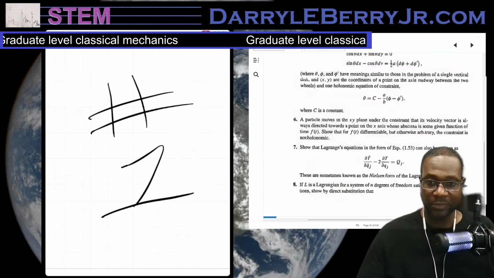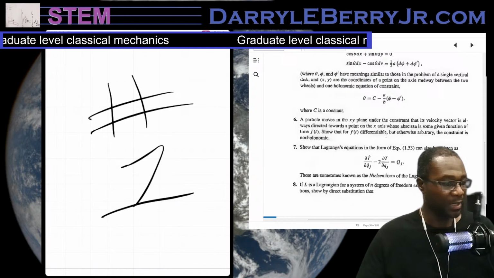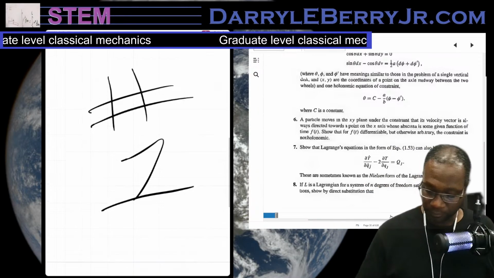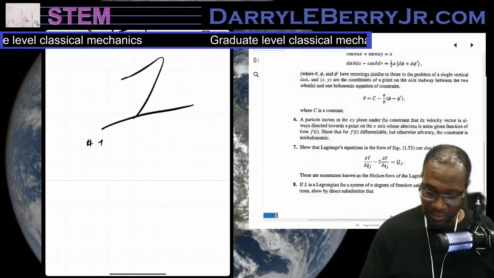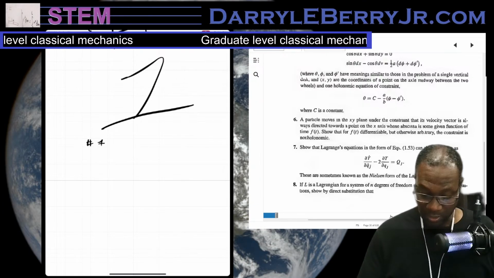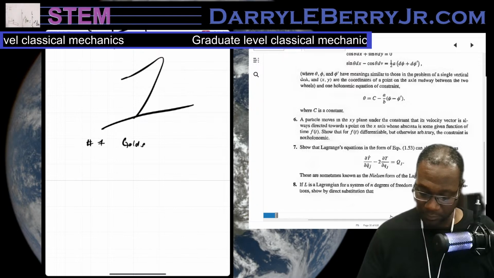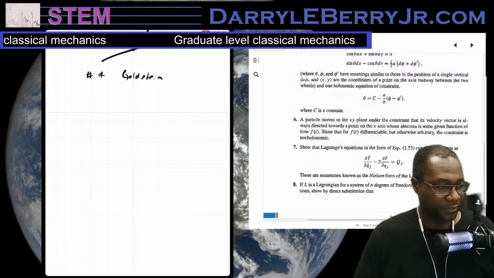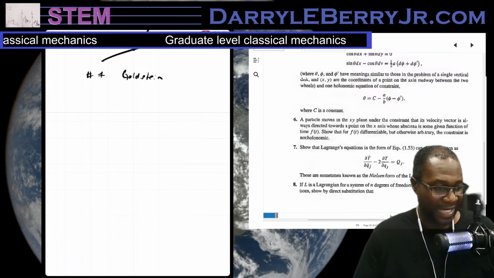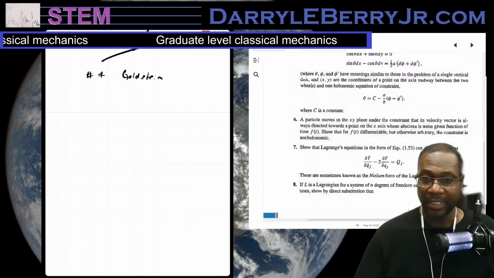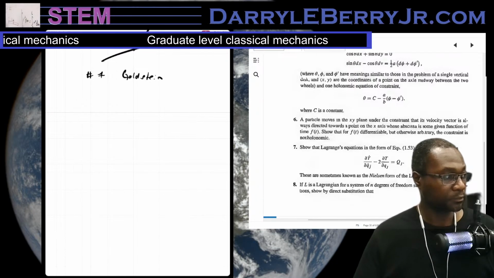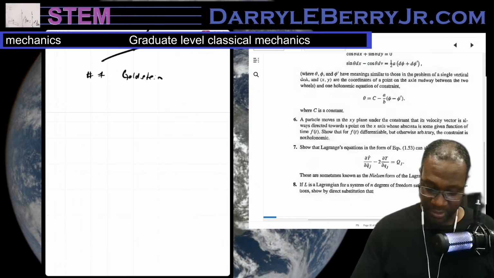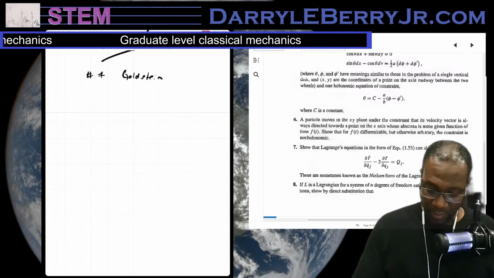So we're using Goldstein's. And the first problem is problem 7 here. So this is number 7 in Goldstein. It says, show that Lagrange's equation in the form of equations 1.53 can also be written like that. And if I remember right, the equation 1.53 is the standard Lagrange equation, which is going to be,